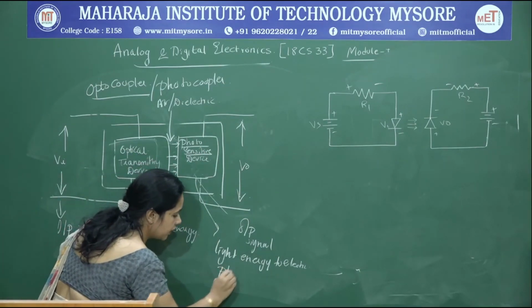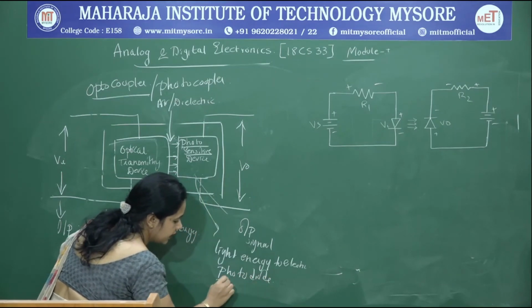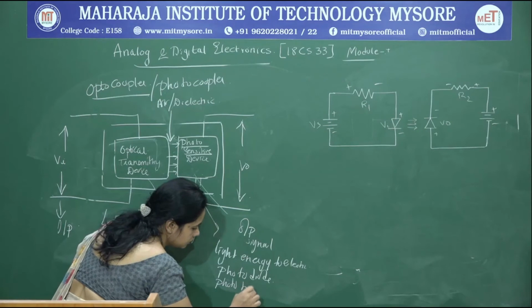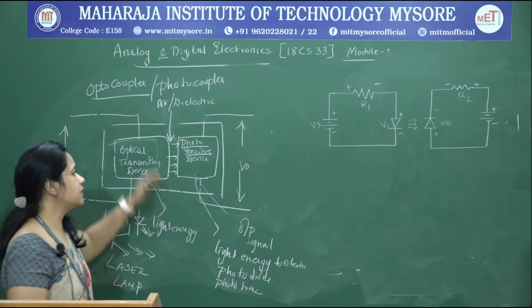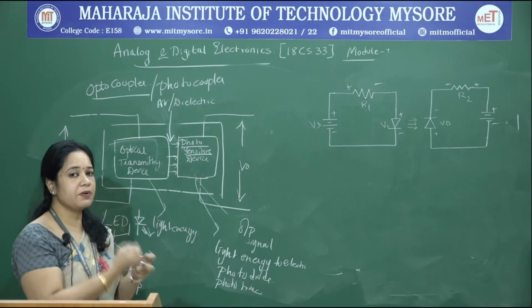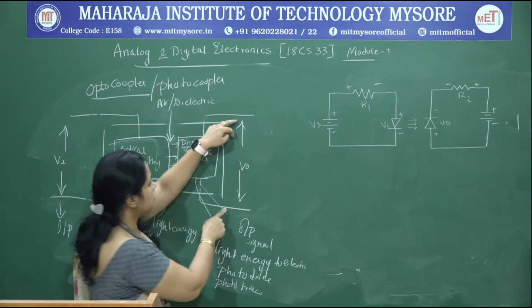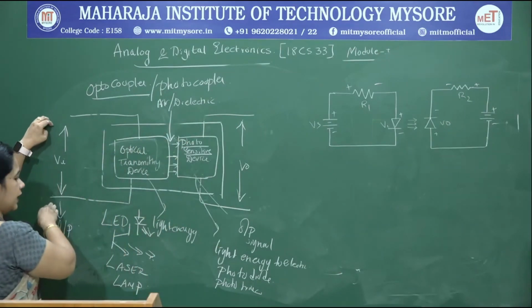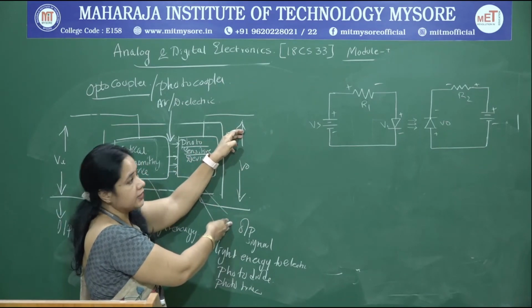And you have a wide range of choices to be made for photosensitive devices. It could be a photodiode, you could have a phototriac, photodiac, and so on. So what these devices do is they sense the presence of light falling on them and convert it into electrical energy. Thereby your input electrical signal will be coupled to the output electrical signal.